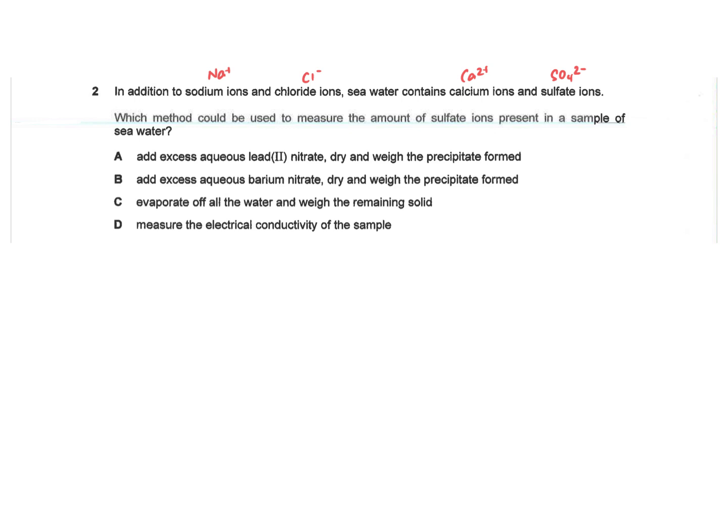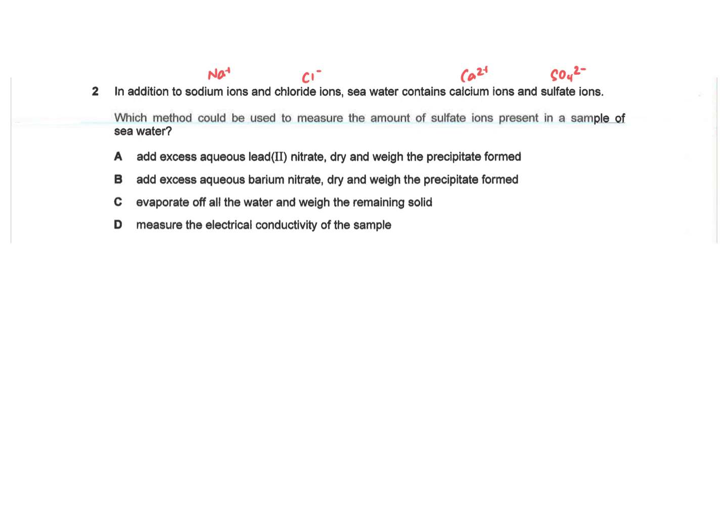So again, the question requires you to determine the amount of sulfate ion present. For the quantitative determination of an ion that's dissolved in water, commonly we use a method called the gravimetric method, meaning we precipitate out the ion only, and then we weigh the mass of the precipitate obtained, and from mole calculations we can actually find the number of moles of sulfate present. So the key thing about this question is that since there are 4 ions present, we need to selectively precipitate